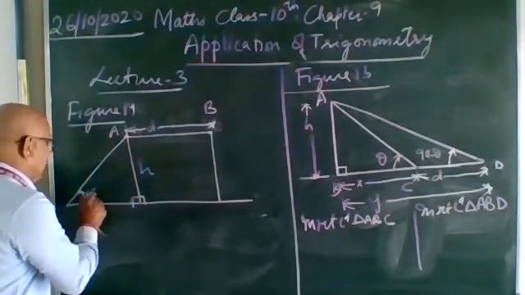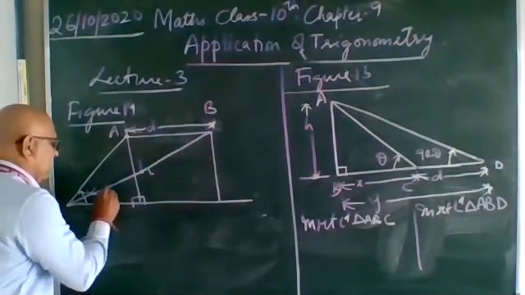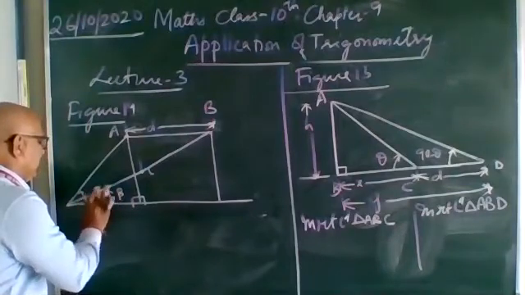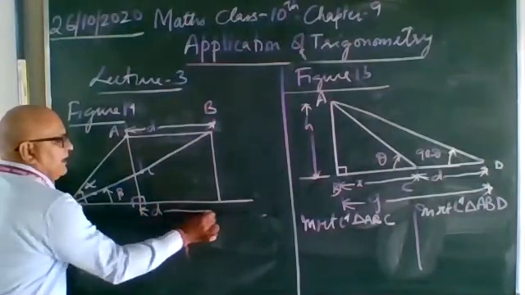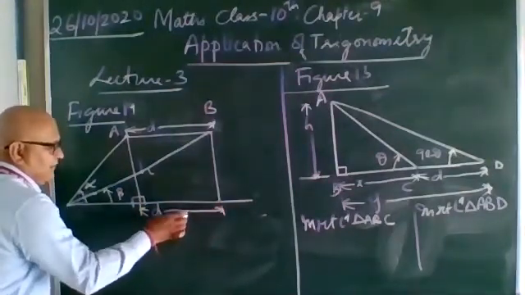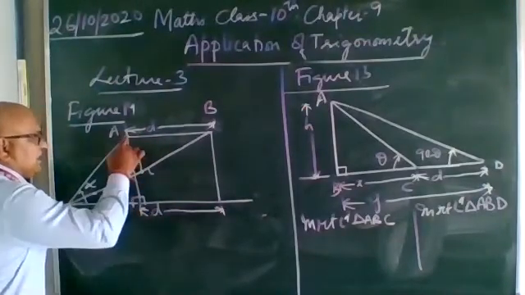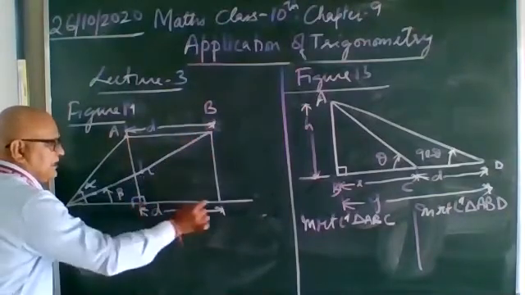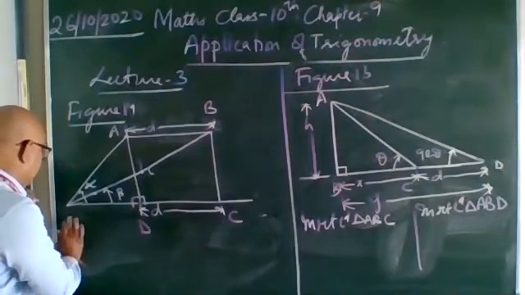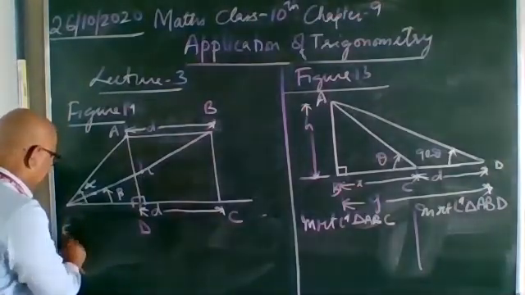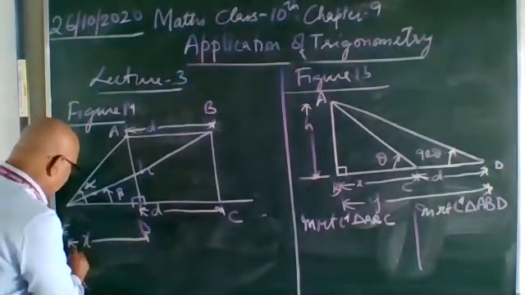So the angle of elevation is alpha, and after some time the jet plane reaches a point where the angle of elevation becomes beta. So alpha and beta, and this is the distance D. If I ask for the speed of the jet plane, you have to find this distance. The time from A to B is given, so that will be the time of this. C and D are the same, and here is E. Again, this is X and this is Y.